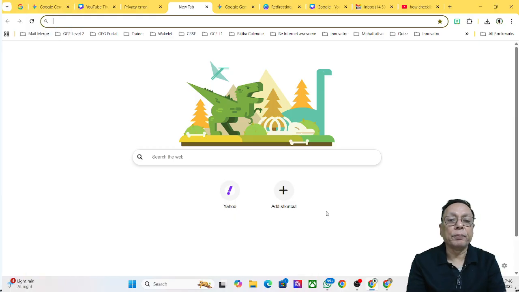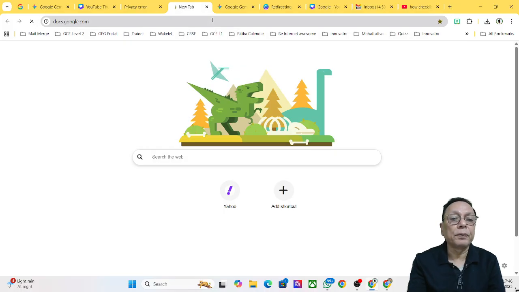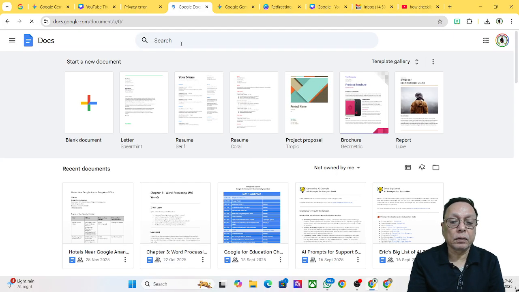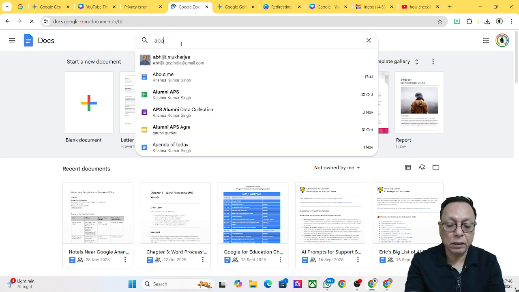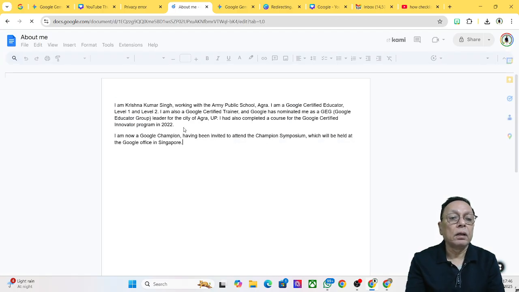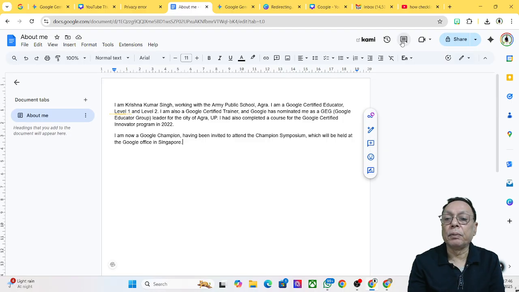Here, this is my Chrome Omnibox. Typing here docs.google.com, and I'm opening, say, About Me. So this is my document, and I'm going to tell you about the suggestions, comments, and using this plus,